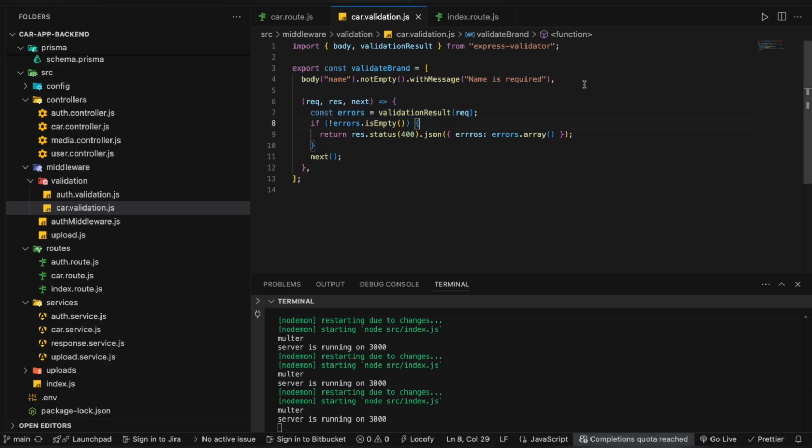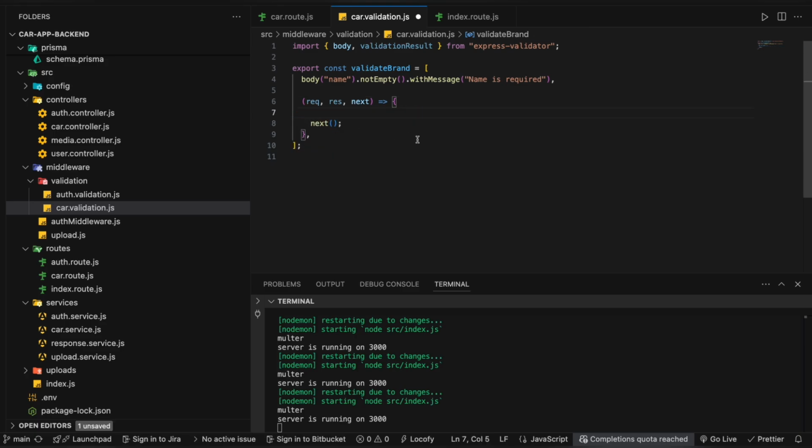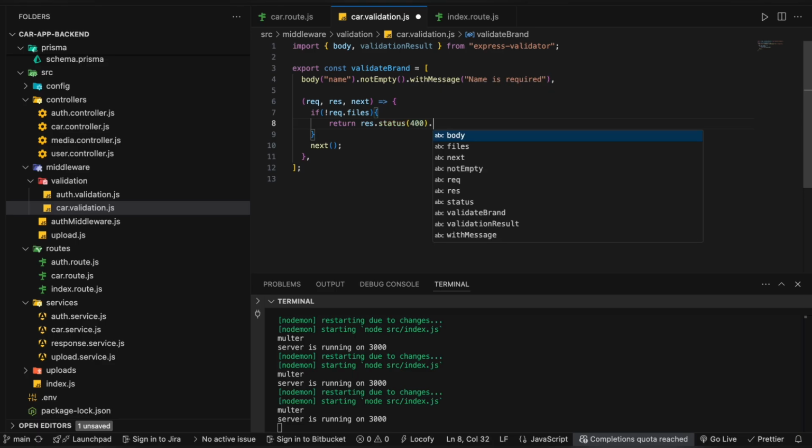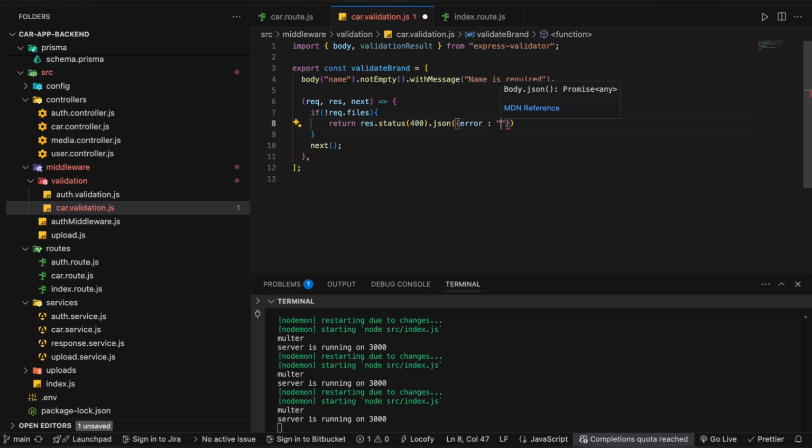Yeah, the media part. So what I will be doing here, the request, response and next, which we'll be getting from the params. Okay, so instead of this, let me just remove these things. Add one condition that if we are not getting the media, which is files, then just return res.status 400.json and just give error, and it will be media